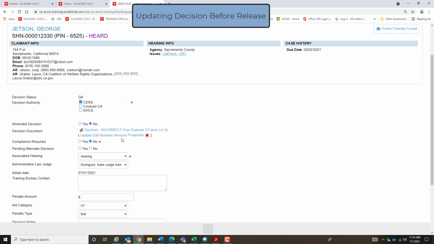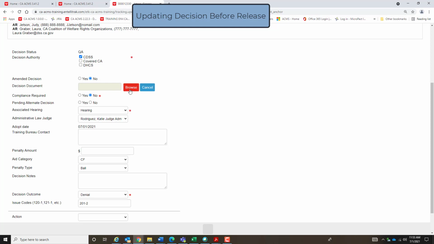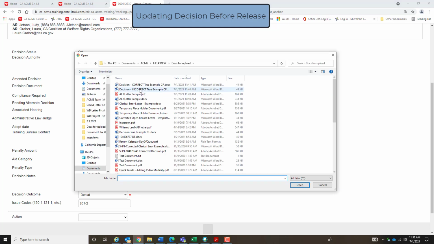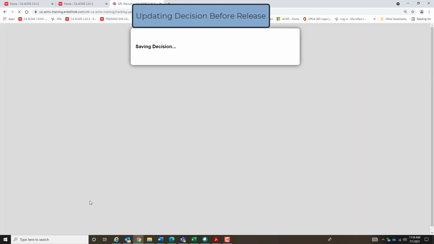Now let's say that you'll see here, I uploaded an incorrect decision. So judges have the opportunity to update this decision anytime prior to the release of the decision. Stay on the decision tab, notice where the file is, where it's blue, and just below that is update. Click on update, browse your computer for the correct decision,